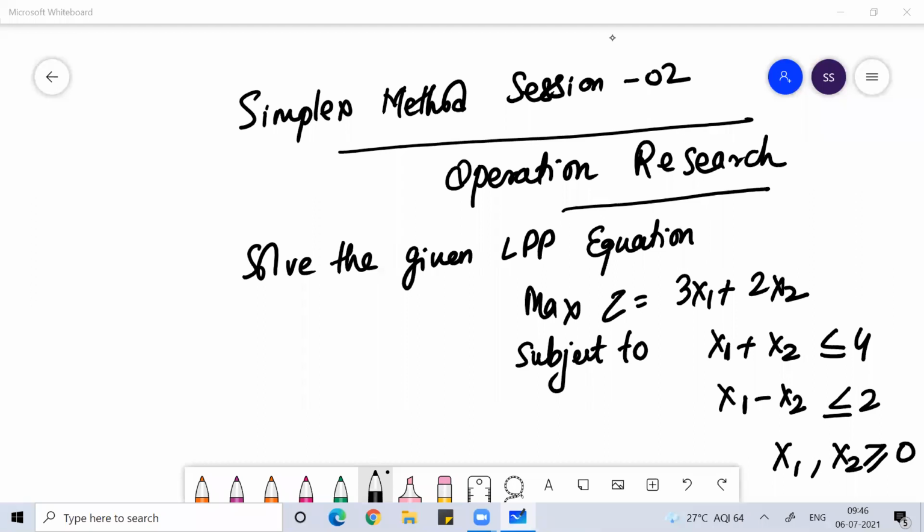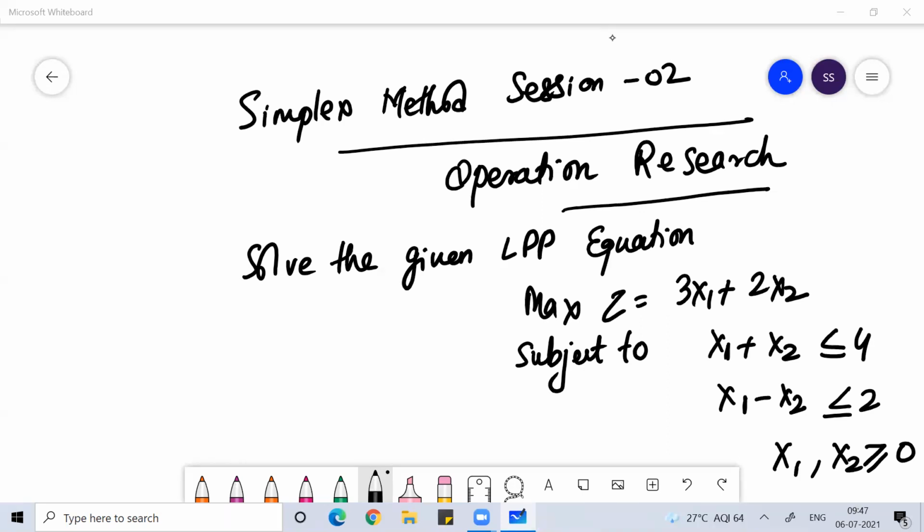Yesterday, we gave a brief idea about how simplex method problems can be solved by iteration table, or we can call it the algebraic method. So we solve the problem by the algebraic or iteration table method. We did one problem yesterday and we'll do one more problem today.